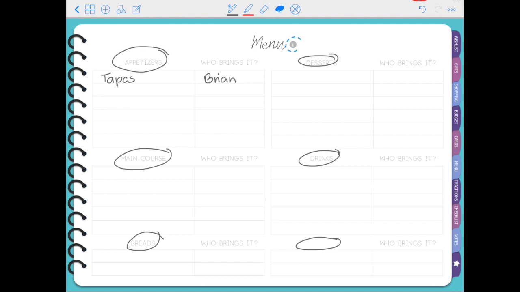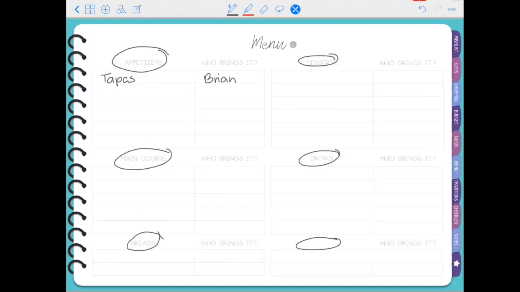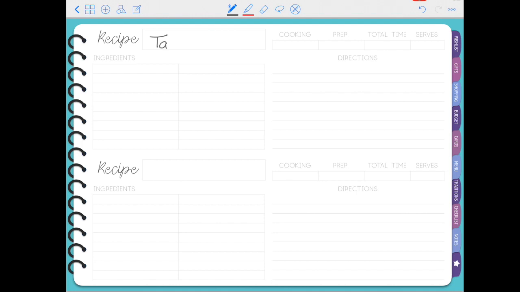And there's a cool thing here. If you click on this information icon next to the word menu, if you tap there, it's going to take you to this page where you have room for 2 recipes. Of course, you could duplicate this page and use it as many times as you need, but that is kind of nice: you have your menu, and then if you have questions about any of the recipes here, you can just tap on here